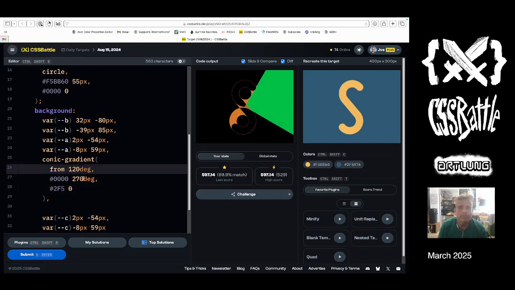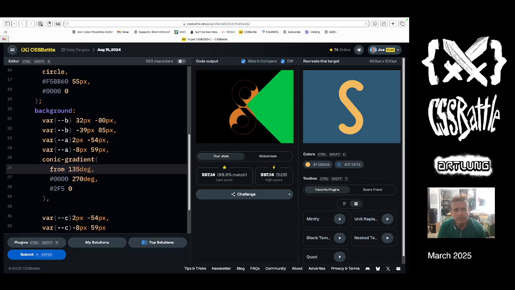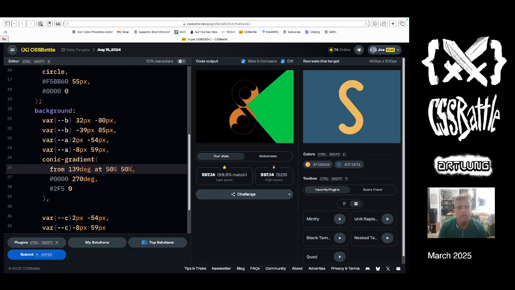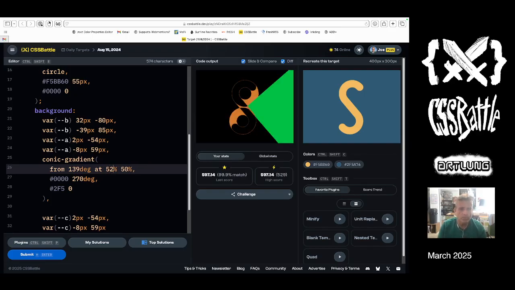Okay, 130. I want to align 1, 2, 3, 4, 5, 6, 7, 8. I want it to be aligned with that. So we'll do from at, and right now it's 50%, 50%. So we'll increment that. It's over a little bit more. Actually, no, it's minus. Nope, it's 48. And then up 4,